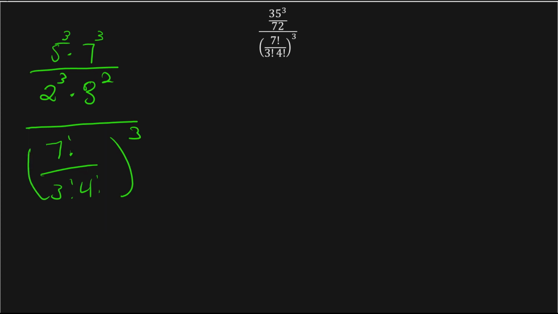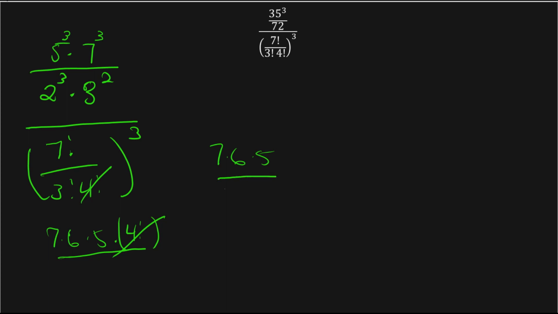So let's see, we have 7 factorial divided by this. So basically 7 factorial is 7 times 6 times 5 times 4 times 3 times 2 times 1. But we know that 4 factorial is, so basically this is the same thing, right? So we can cancel this with all of these. So now we're left with 7 times 6 times 5